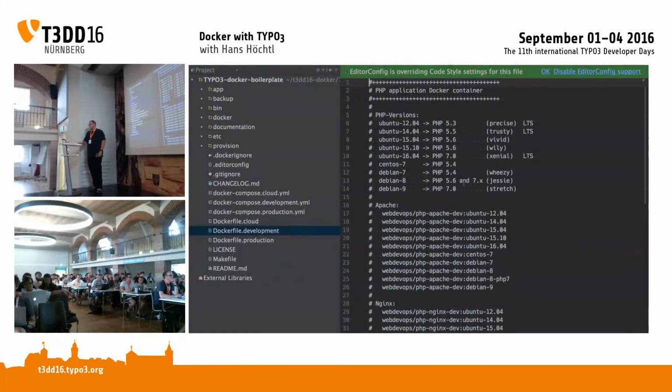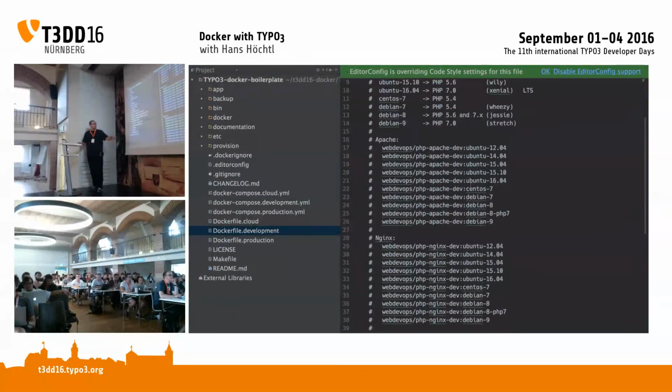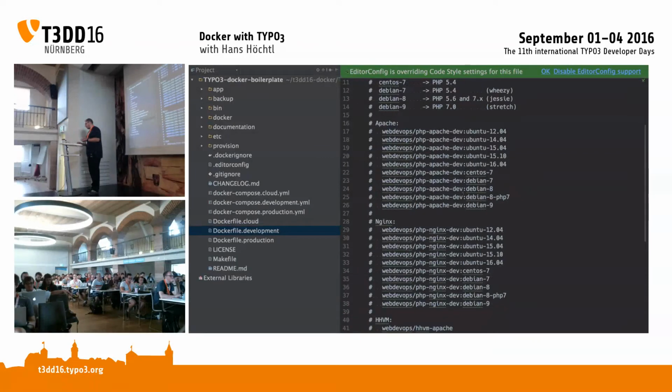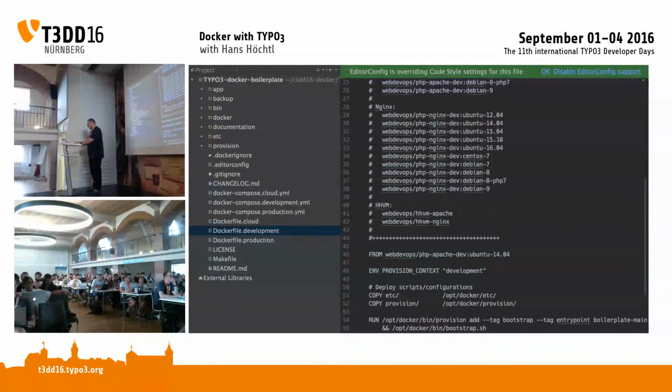That development Dockerfile contains some information on what you can choose to run your TYPO3 on. And if you want to, for example, let's pick PHP 7 because it's awesome, and I want to pick Ubuntu 16.04, and I prefer to use it on Apache, then I just copy that line, because that's our pre-built image for that. And here where it says inherit from that base image, I just overwrite it,